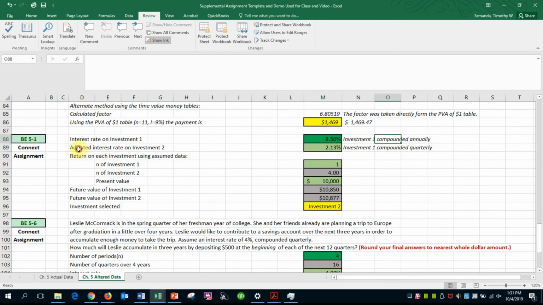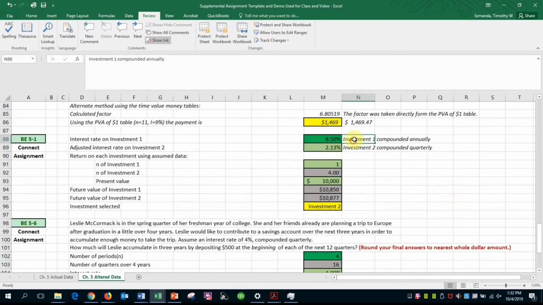The adjusted rate for investment 2, however, is a quarterly adjustment. So what I did is I took the annual interest rate and divided it by 4 because the second investment is compounded quarterly. Change that to investment 2. So investment 2 is compounded quarterly,